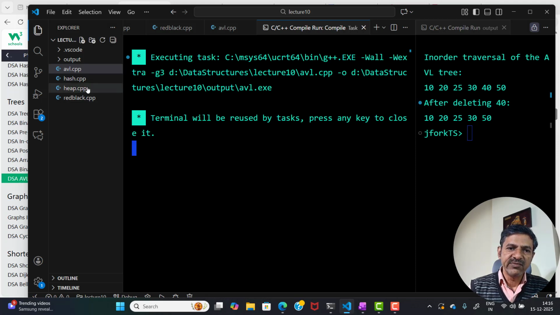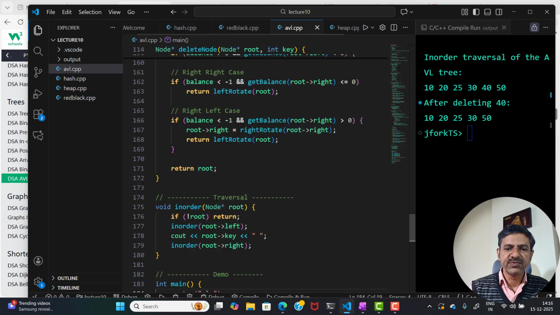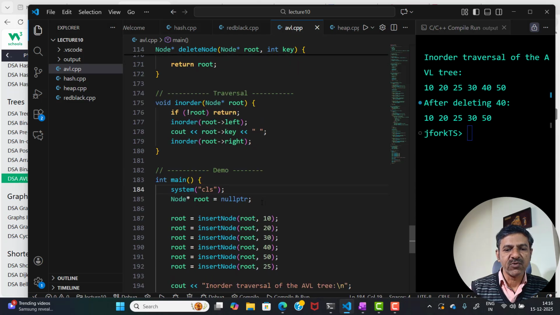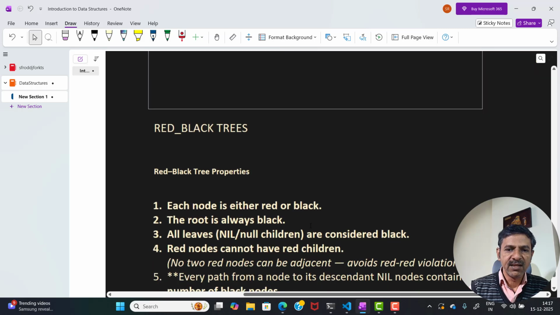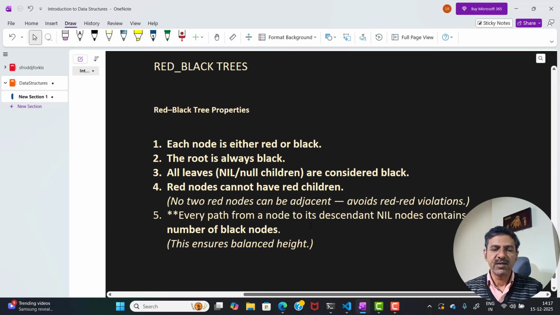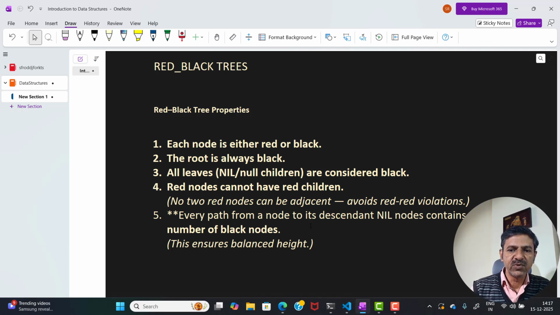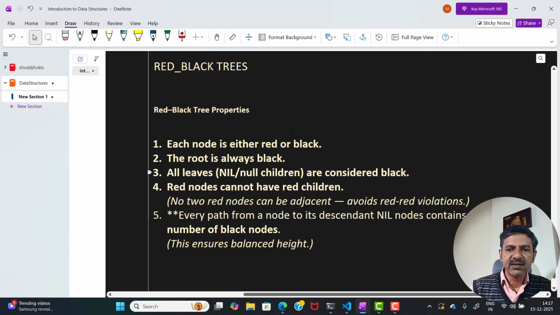Now AVL trees are difficult to implement because frequent rotations have to be done every time you add nodes. What is the solution if the rotations are expensive to perform? The solution is red-black trees. Red-black trees are more practical to implement, with very few rotations required, and in C++, the map data structure we have seen